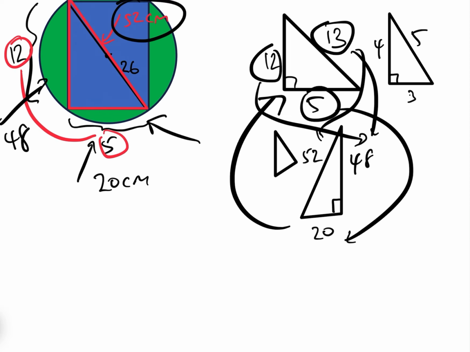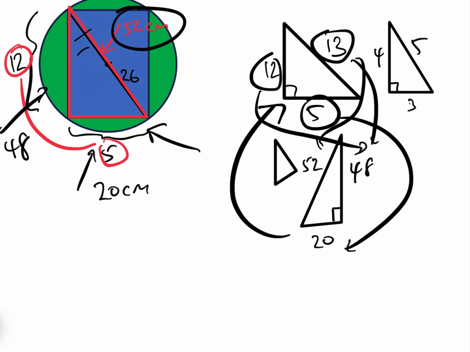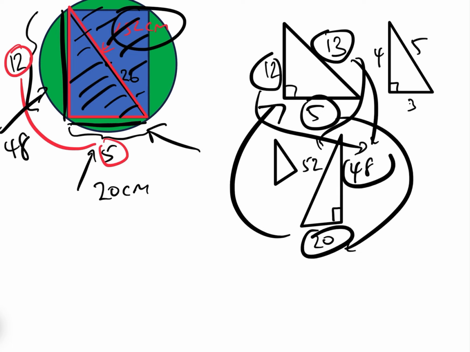Apologies for that. And so therefore we know that the area of this here is going to be the base times the perpendicular height there, and then, because there's 2 of them of course, the area of the whole rectangle is going to be equal to the base here, which is 20, times the perpendicular height, which is 48. So 20 times 48 equals